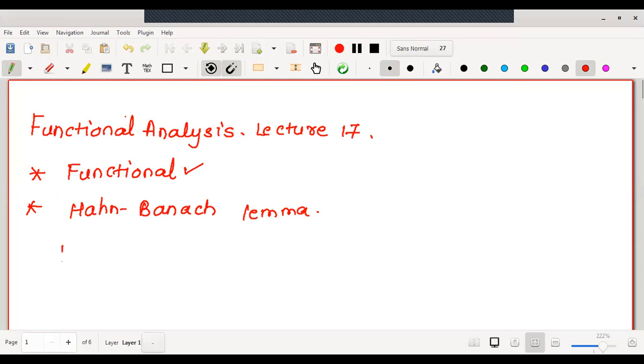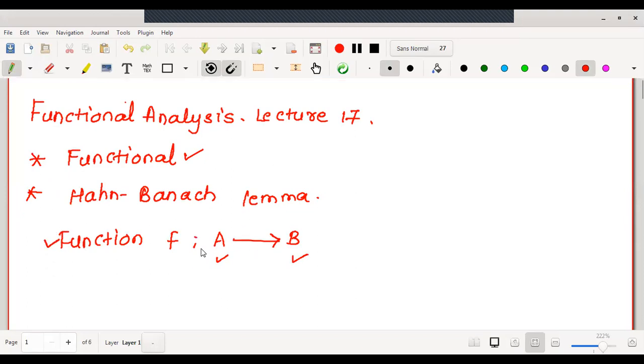we know what is a function. What is a function? A function is a relation from a set A to B. There is a mapping denoted by say f. Then for every point in the domain, there exists a unique image in the codomain. This is called a function. Now, for a functional, we can have a definition as a continuous linear transformation.